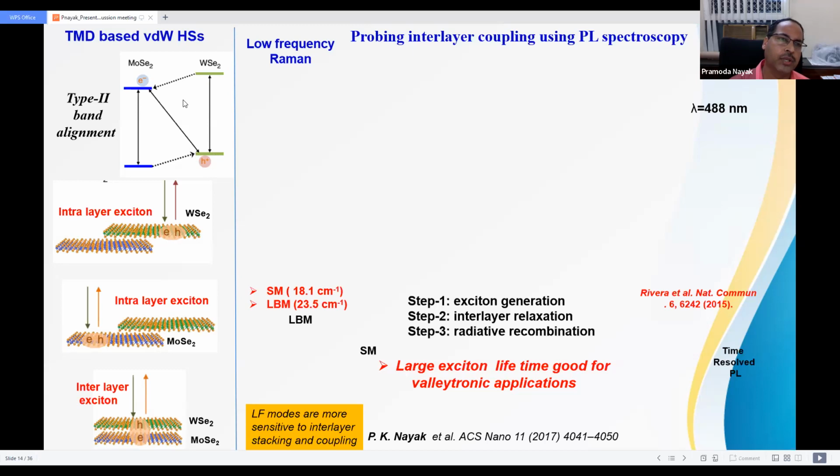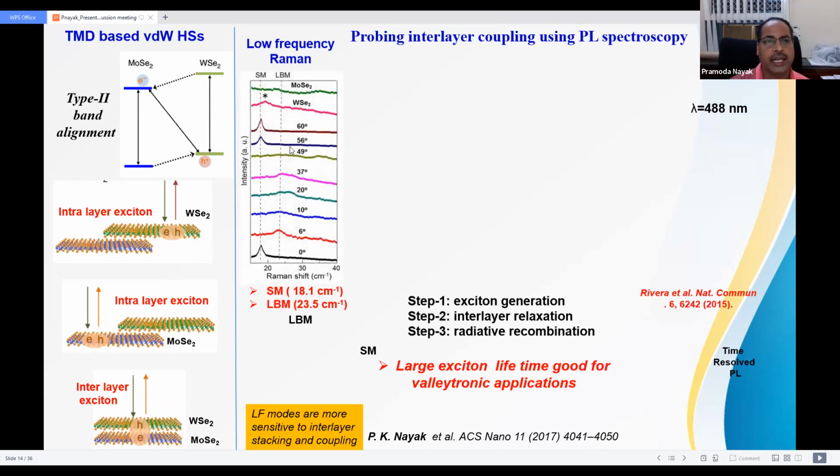This electron and hole will combine with each other to form a new type of exciton called the interlayer exciton. In the intralayer exciton, the electron-hole pair belongs to the same layer, whereas in the case of the interlayer exciton, the electron and hole belong to different layers. Initially this was theoretically predicted, but the first time we demonstrated it experimentally was